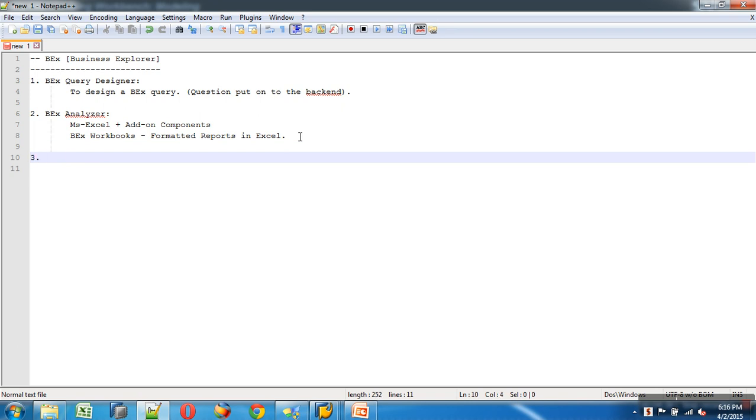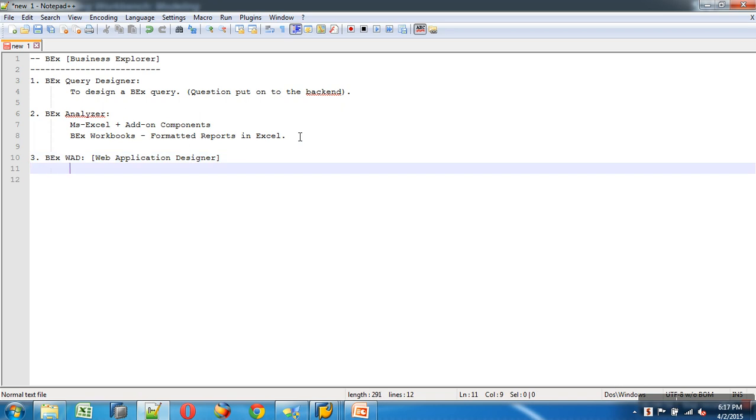Third one, BEX WAD, or we call it Web Application Designer. Now what is the purpose of this component? Let's say I have data in a cube and I would like to query on this. So use what?